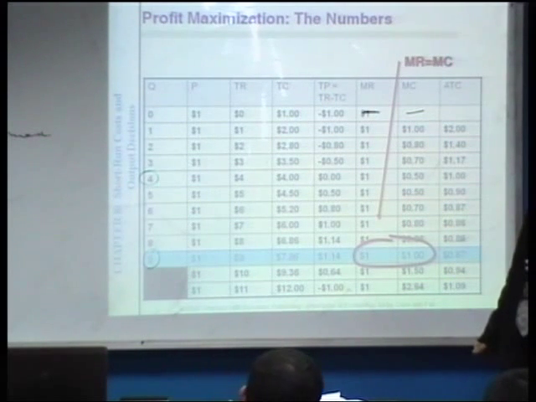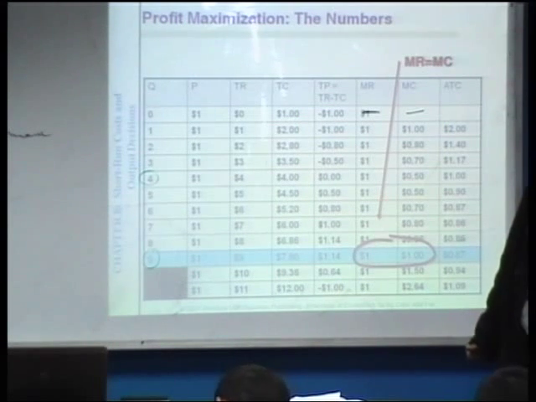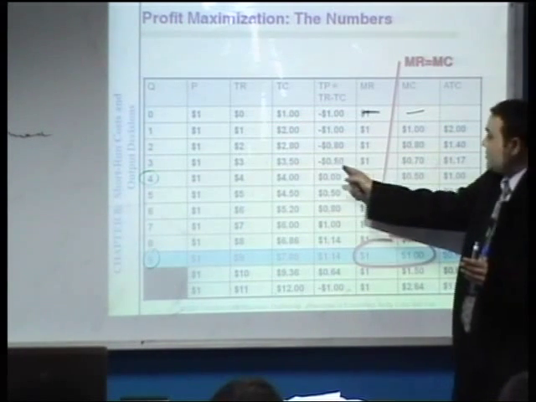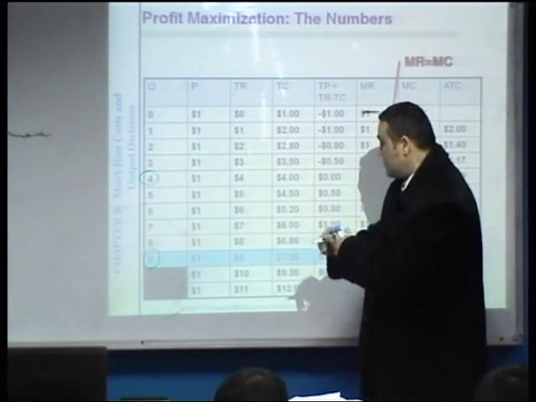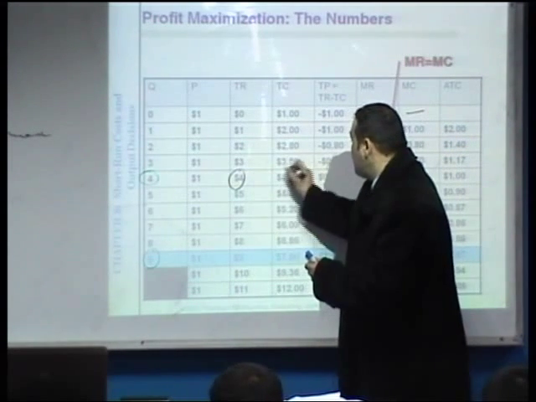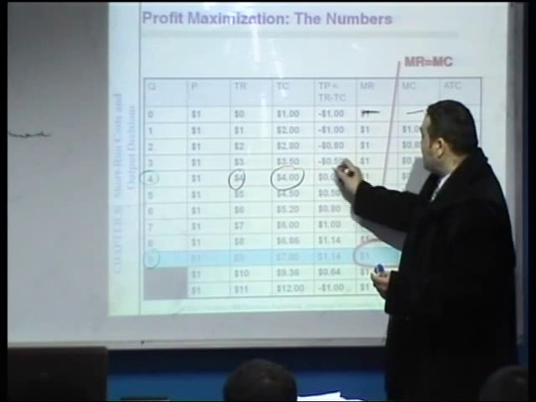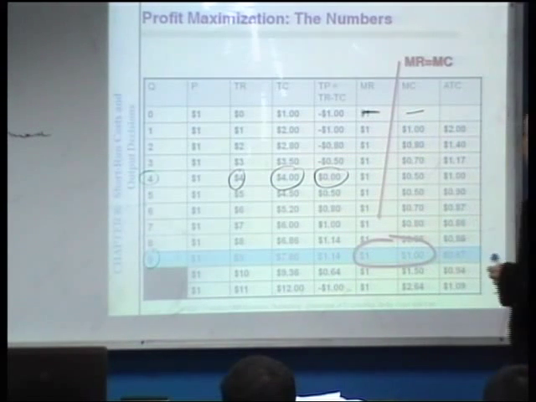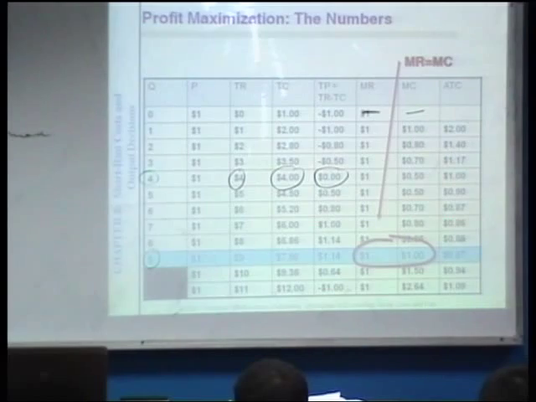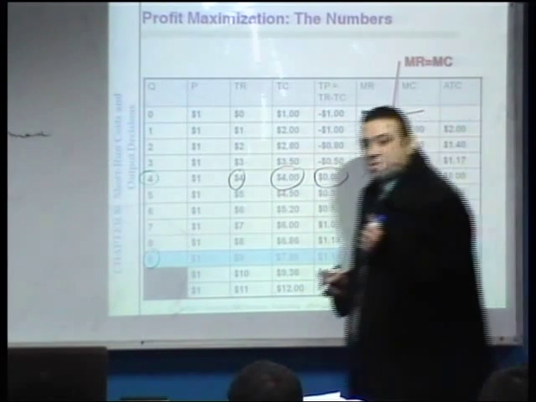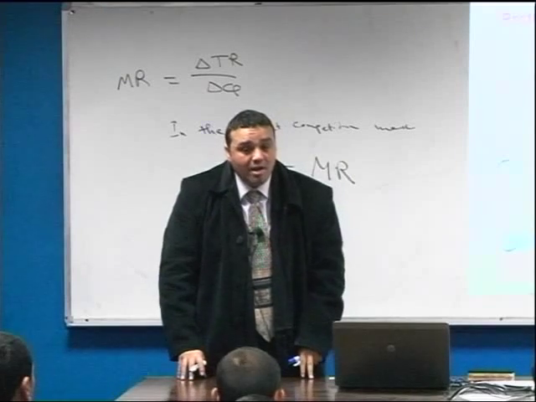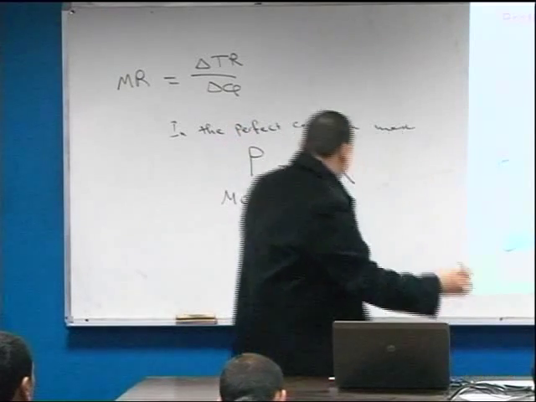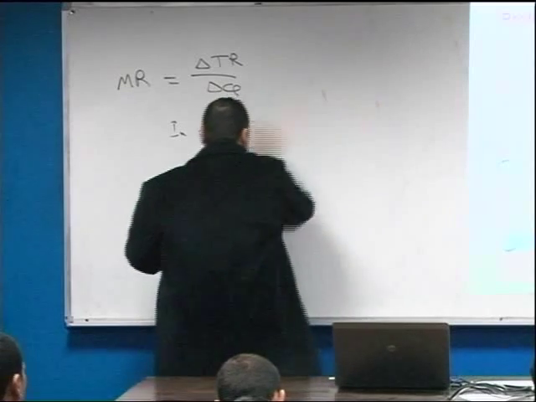What about the break even? As we mentioned, the break even occurs when the total revenue equals the total cost. In this case, the total profit equals 0. Right? And the price equals average total cost. As we mentioned that